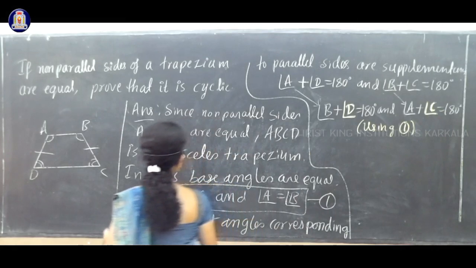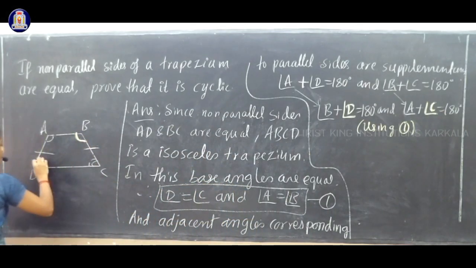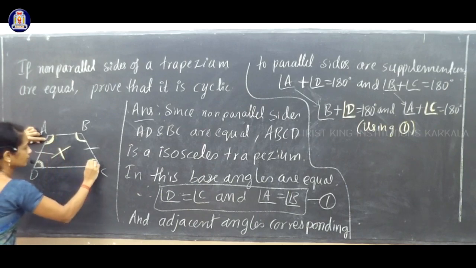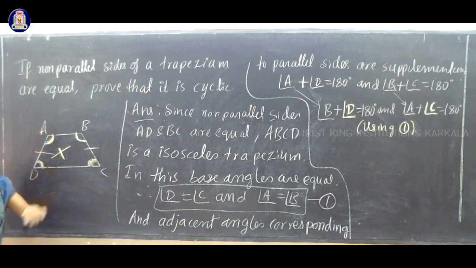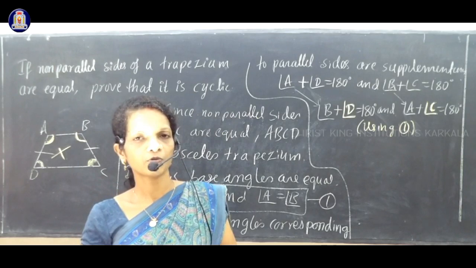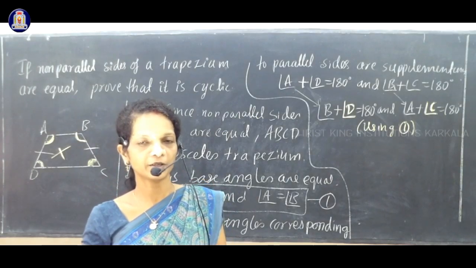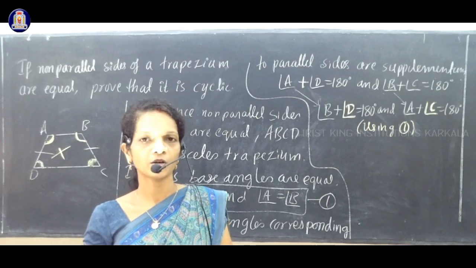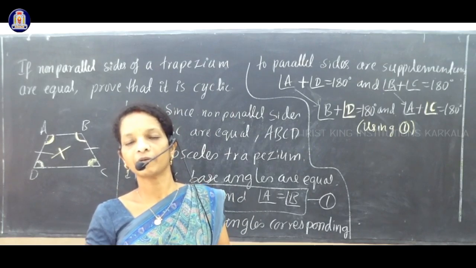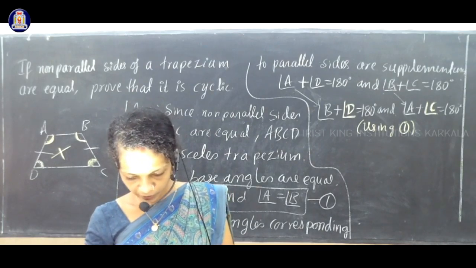Now you observe in the figure, angle B, this angle plus angle D, their sum is equal to 180 degrees, we proved. And here angle A, this angle and this angle sum is also 180 degrees, we proved. So this implies what? We have one result that I will say now. That is, if a pair of opposite angles are supplementary, then what we can say about a quadrilateral, that the quadrilateral is a cyclic quadrilateral. I think theorem 12 or theorem 11 we have like that. That theorem says like this.